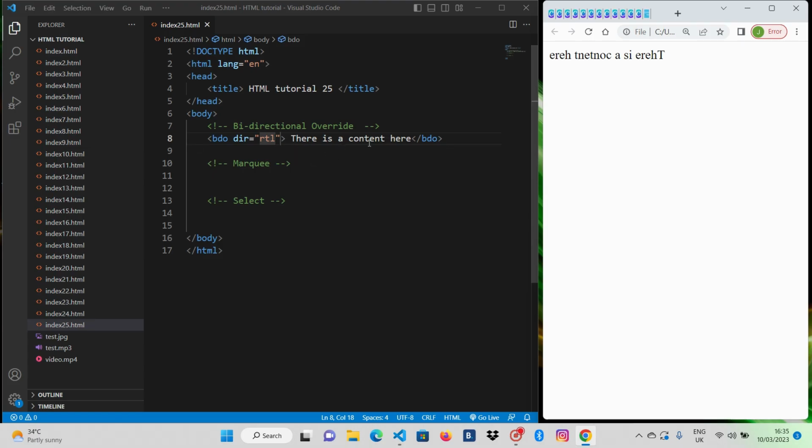Very easy. I hope we are good with the word bi-directional, right? Normally our HTML content is set from left to right, but you can set it from right to left. That's that about that. So quickly,